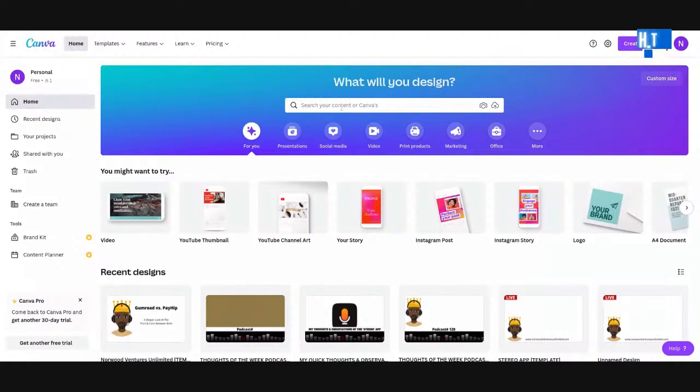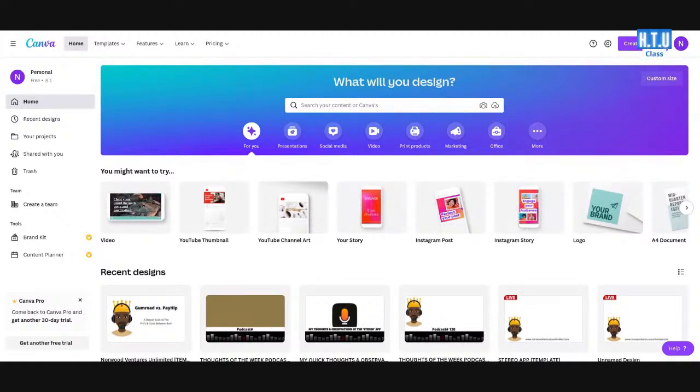For some who don't have an account, if you sign up, you can have a free account. It's all free, always, as far as I know. It's not a trial run, but they do have paid versions which will give you some extra features. But the free one is very good